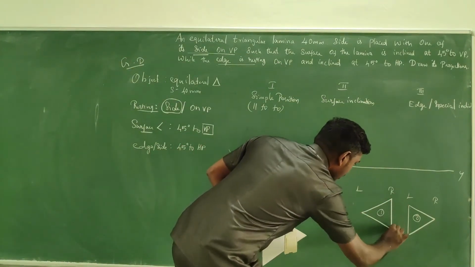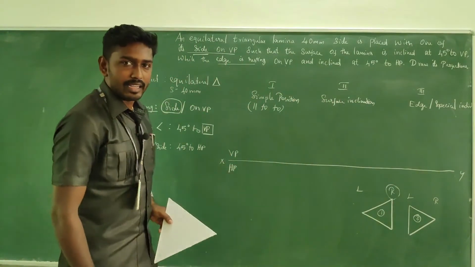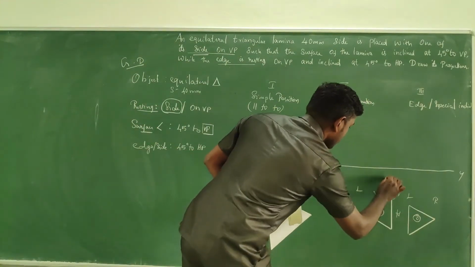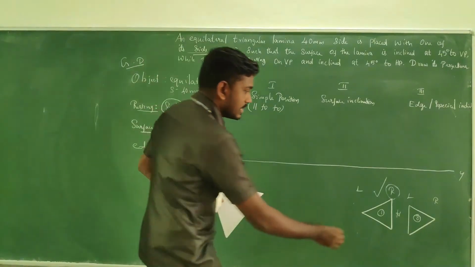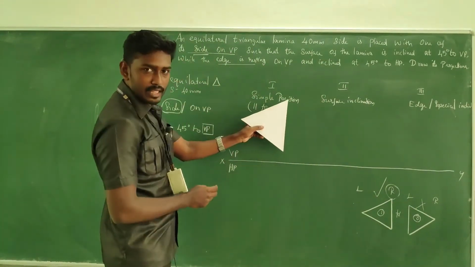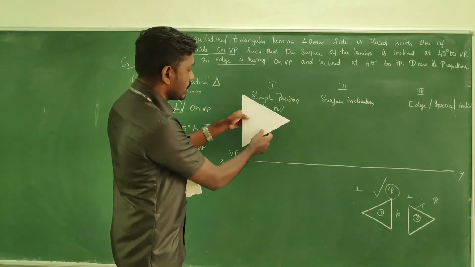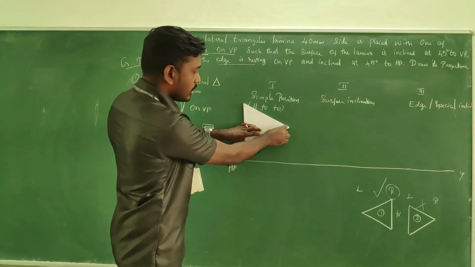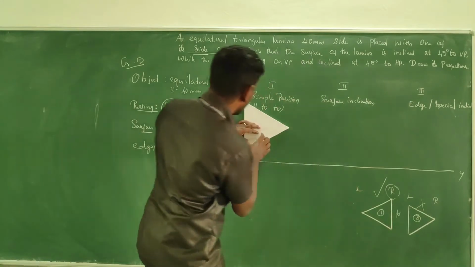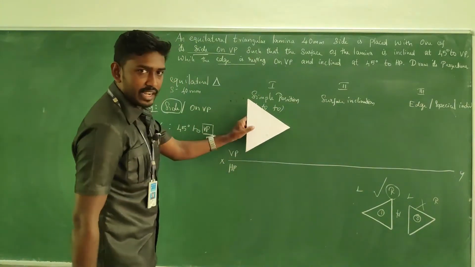See, here you can see the side at the right side. So I can say this is the right position and this is the wrong position. When you are tilting the object 45 degree to VP, if you keep it like this, that means the corner, if you keep it at the right side like this, and you tilt the object to VP with 45 degree, what happens?